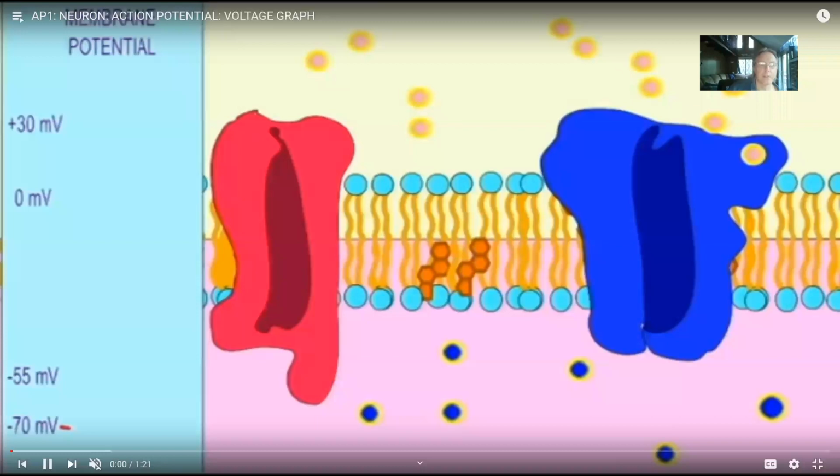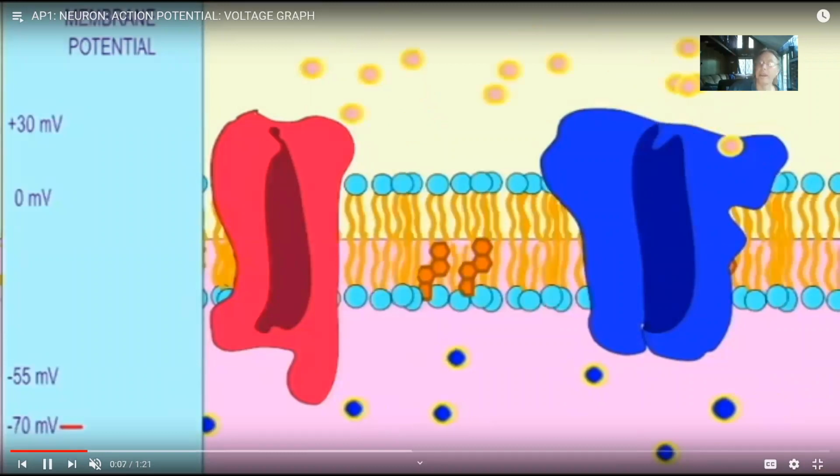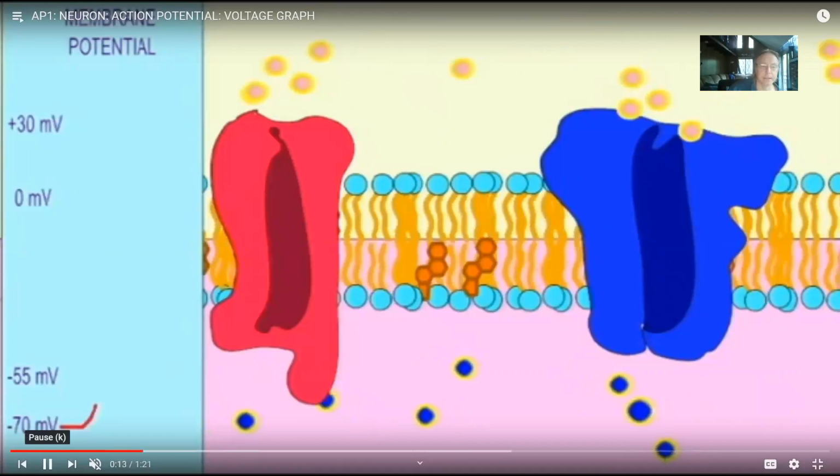So putting it all together, we see this: here the cell has a resting membrane potential at minus 70 millivolts. Now it's waiting for a stimulus. Now let's say there is a bit of a stimulus, and